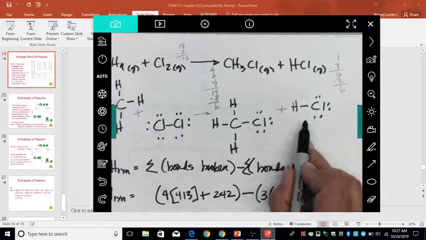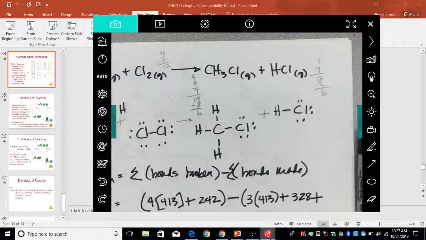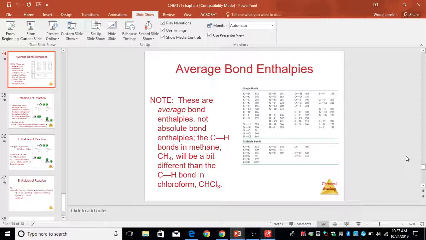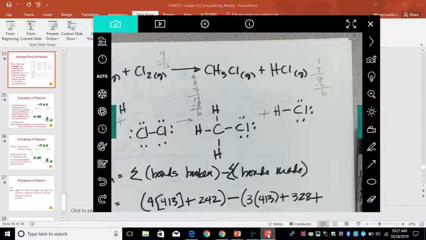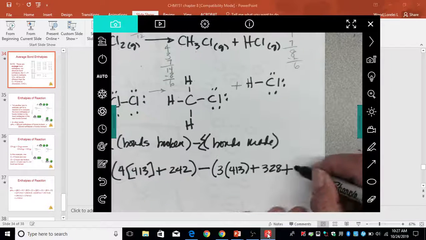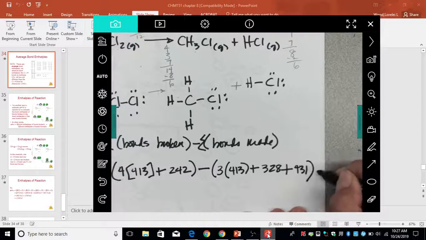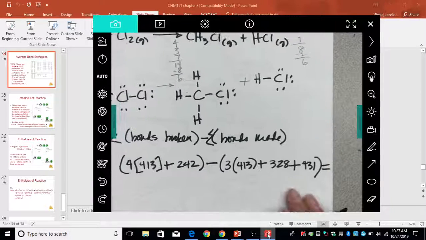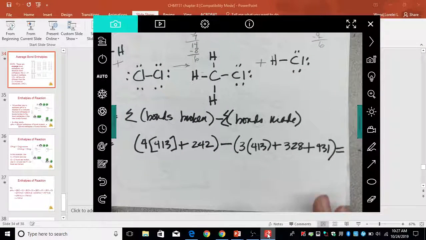Plus, we still have one more bond. This hydrogen-chlorine bond that we have to make. So the H-Cl bond, where's that? 431. All right. Plus 431. All right, so now you do the math of that. And it should come out